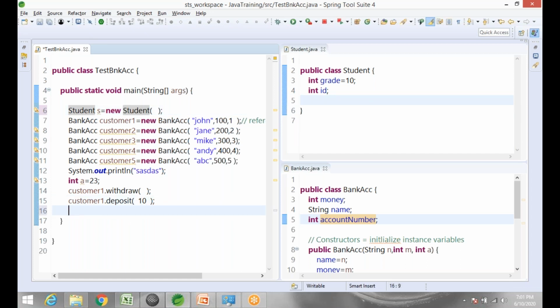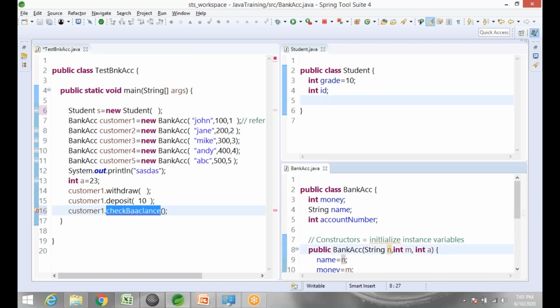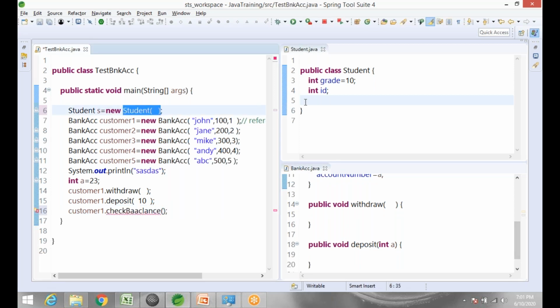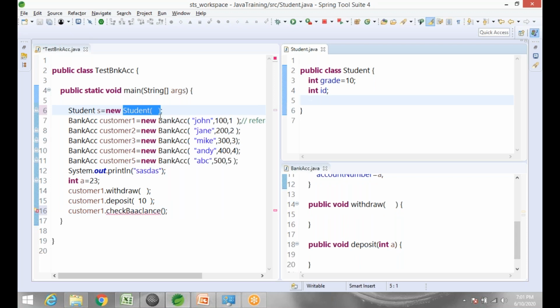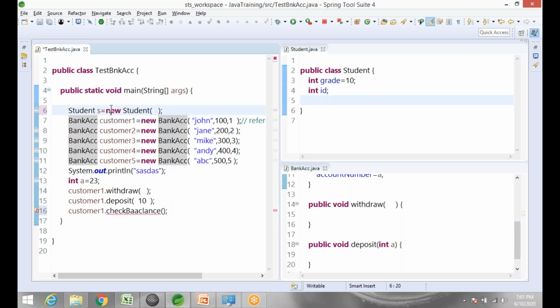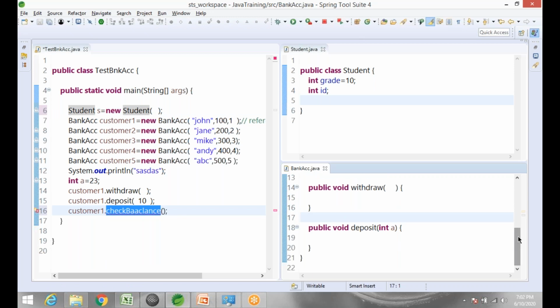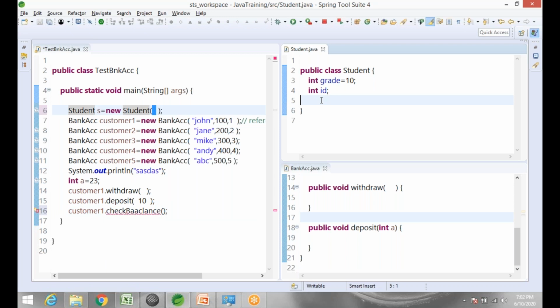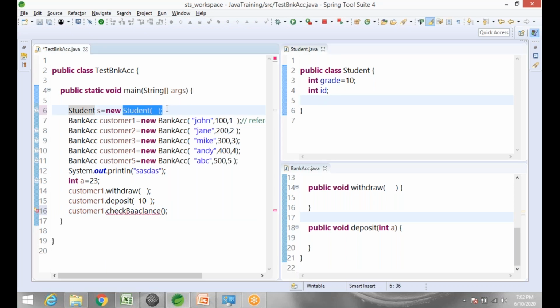Can you call a method that doesn't exist? Customer one dot check balance. No. Can you call a method that doesn't exist? No. Then how can you call a constructor that doesn't exist? This is the place where we call constructors, right? Every time you create an object, we call constructors. For a method, if the method doesn't exist, you cannot call it. For this constructor, with no parameter, it doesn't exist technically, but you still don't have any errors here. The reason is,